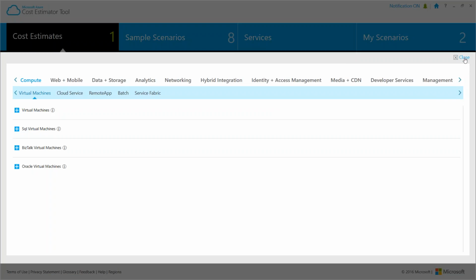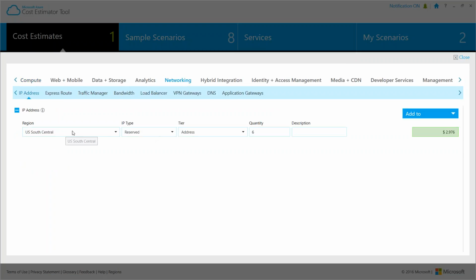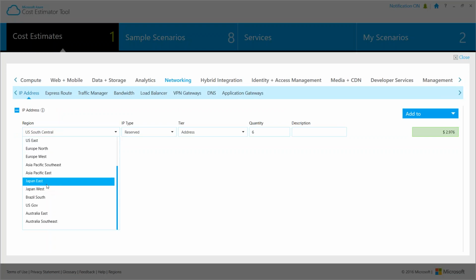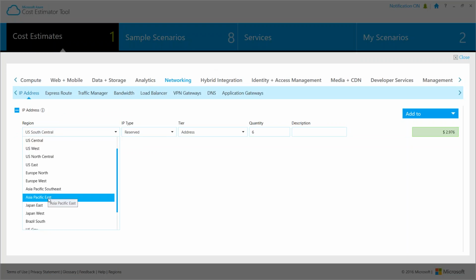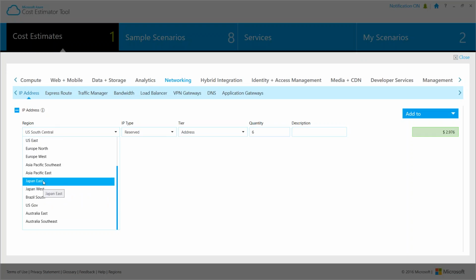So then we should be able to choose what we want to add to this. So let's do this again. We're going to choose, let me see here, what's close to Korea. Let's do Europe West, actually Asia Pacific. Asia Pacific East, actually I think Japan will be closer to them. All right, so we're going to do Japan.